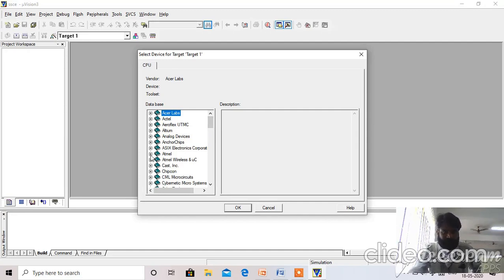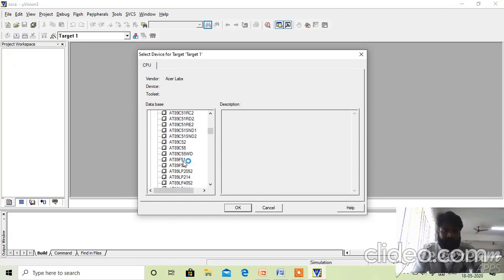So for that you select Atmel. There you can see there are so many vendors that provide the microcontroller. So here, for practice purpose, we select Atmel. Again in Atmel, we have a series of microcontrollers. There you select